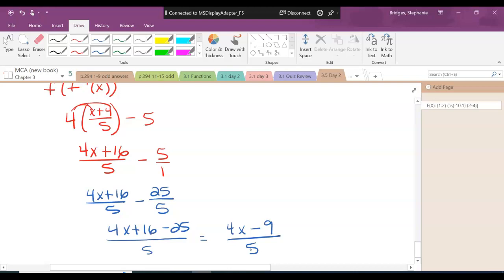No. So is there any need for me to even do the other option? So would these two be inverses of each other? No. Because I did that first one, it did not simplify to be x. There is no need for me to go any further. I can automatically stop and say, no, those are not inverses of each other. Anybody have any questions? Okay. Again, on the homework,